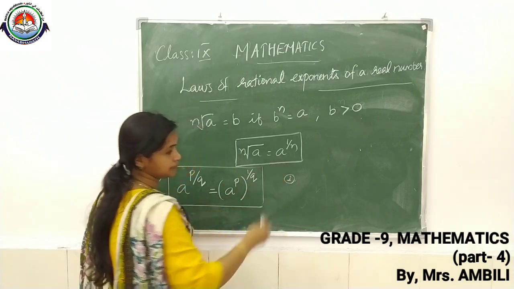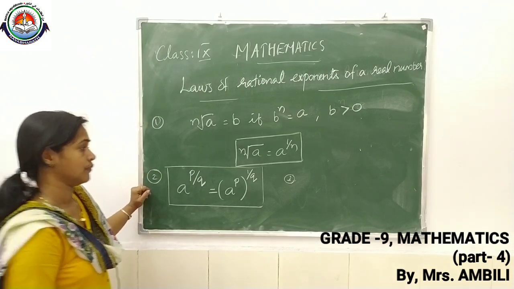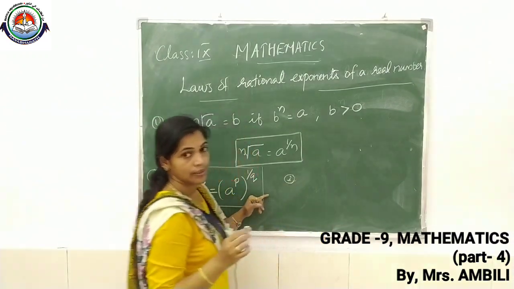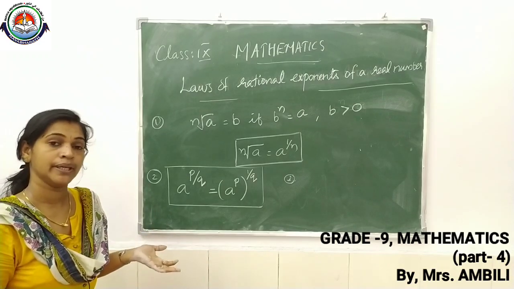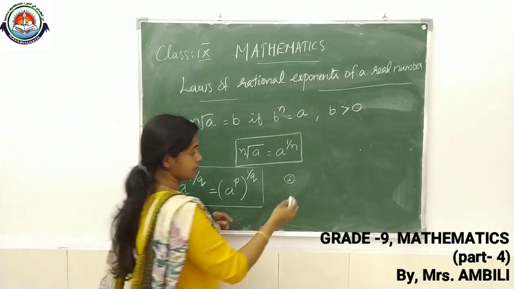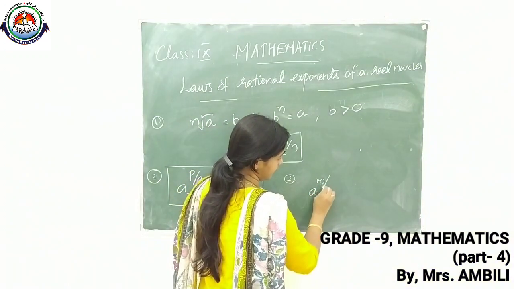Then third one, let a greater than 0 be a real number and m and n be positive integers, then a raised to m by n